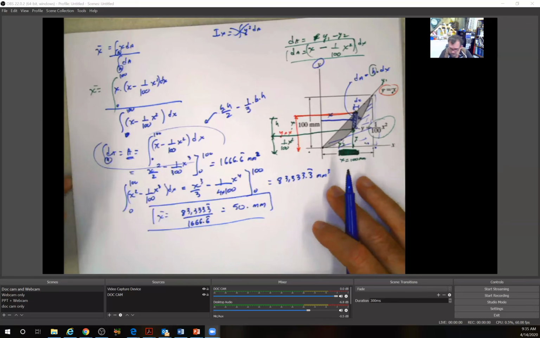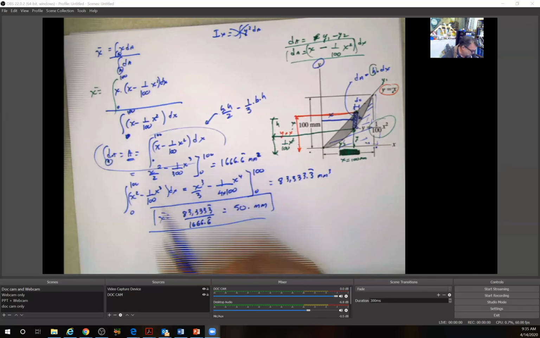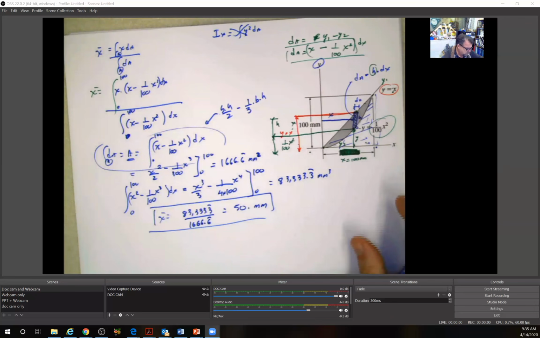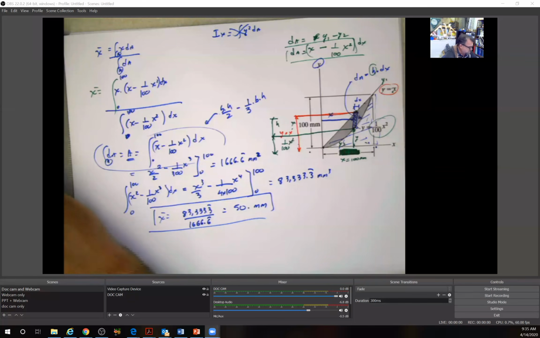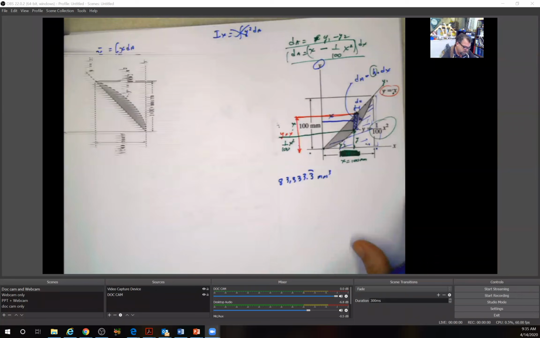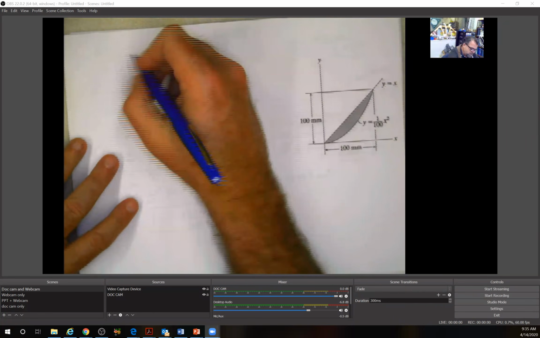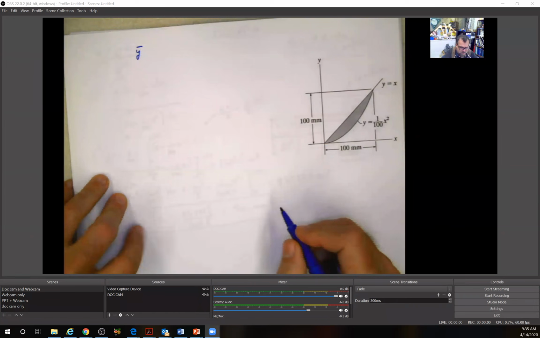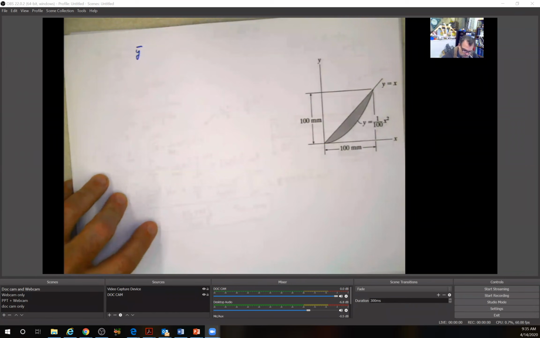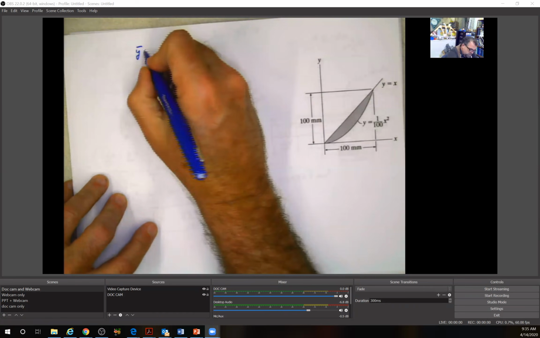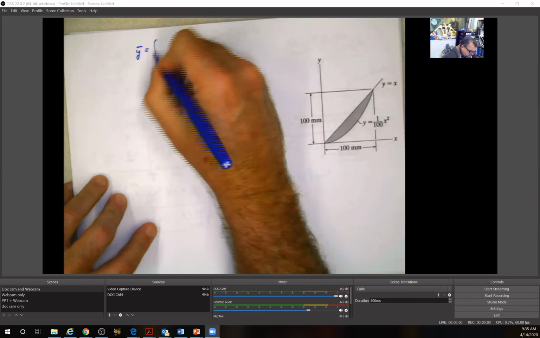Okay? Now, let's work with the second part. The second part is finding the moment of inertia with respect to the y direction. Moment of inertia, centroid. Now let's find y bar. What do I mean by y bar? Y bar means if you're using the approach step by step, as I said before,